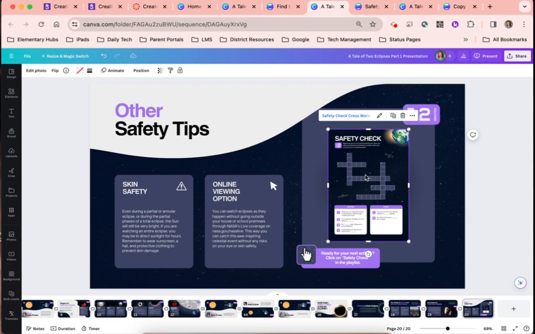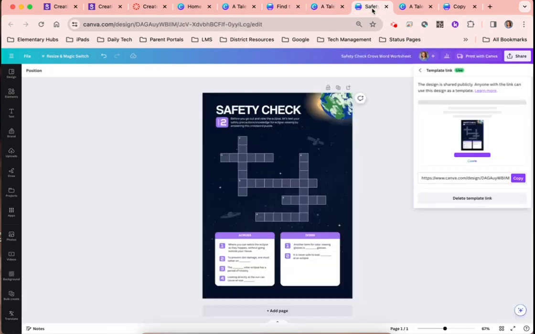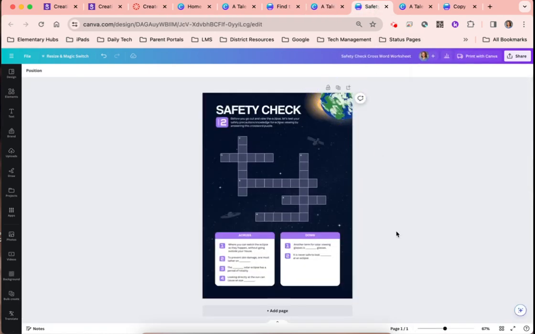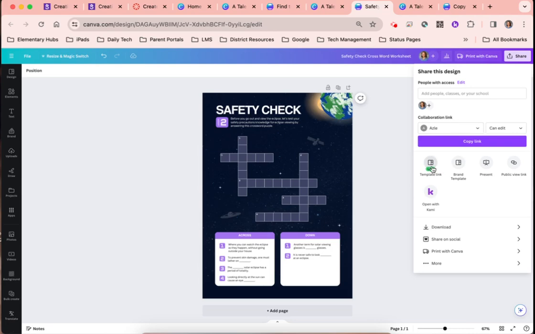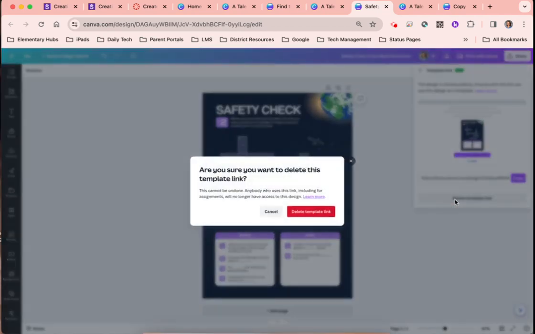Okay. So the other link that I will be sharing with you is this worksheet. I will be sharing it the exact same way. I am just saving this as a template link. Again, that's just a way of making a copy for yourself. And that will be the same as when you send a Google assignment to your students, and it creates a separate copy for all of your students as well. So everybody can be working on it without it editing the page that everybody is working on, if that makes sense. So all you'll do is when you open this, you'll click share. My template link is live, so I'm going to go ahead and just delete that